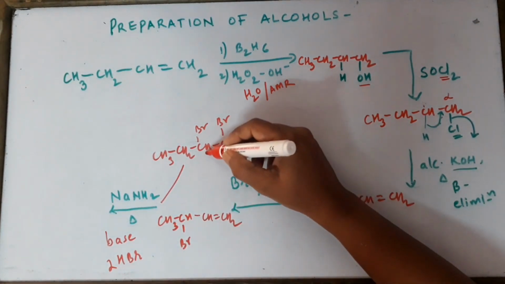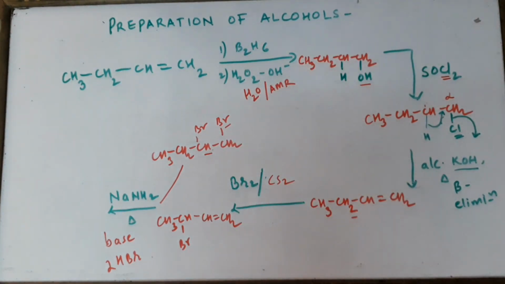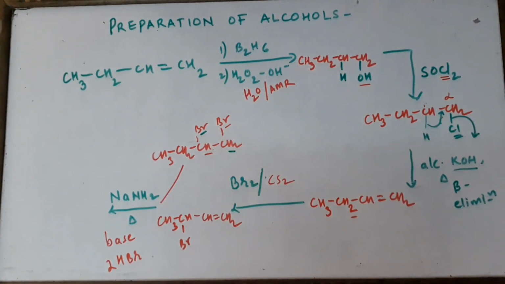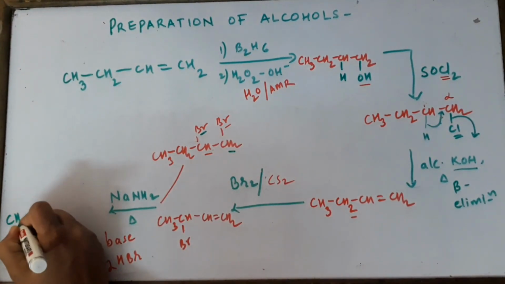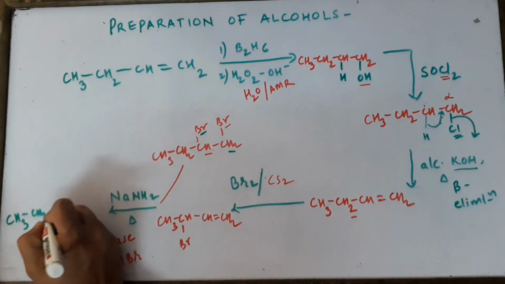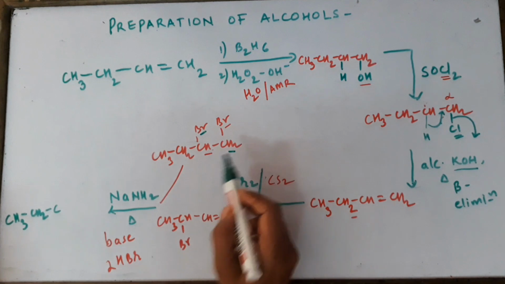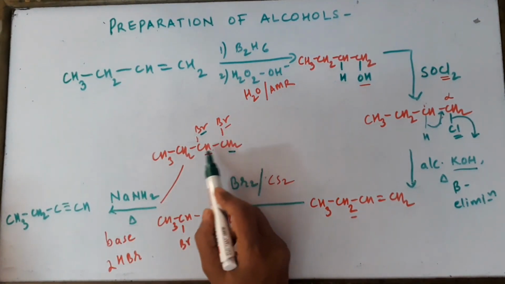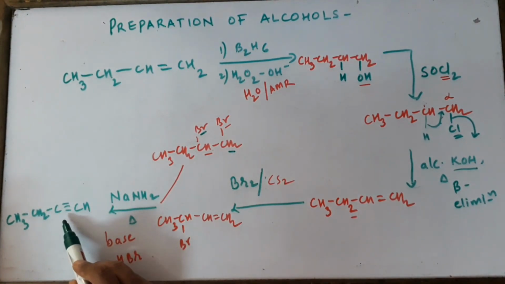So which HBr will it remove? H from the left, the Br from the right. It will remove in the first step, let's say, and in the second step H from the right and Br from the left. So finally both the HBrs will go out and you will get CH3, CH2, C. Now see, these two hydrogens have gone, so you'll just write one hydrogen on the left. The Br has gone, so you get a triple bond over here. So but-1-yne is your final product.